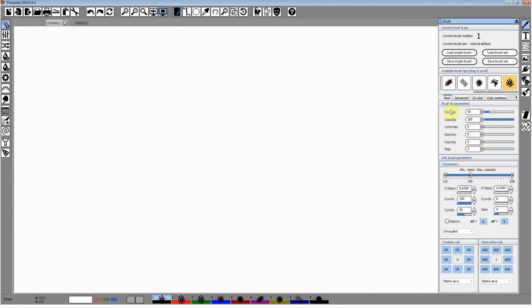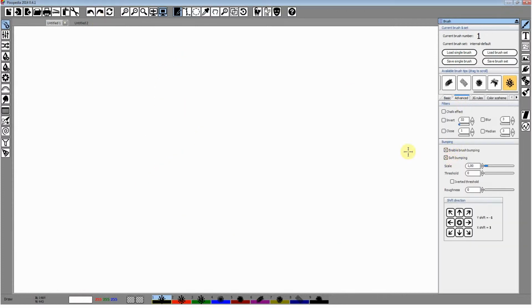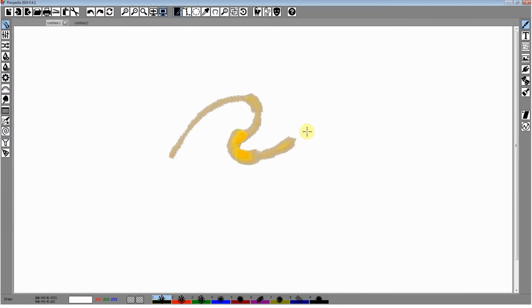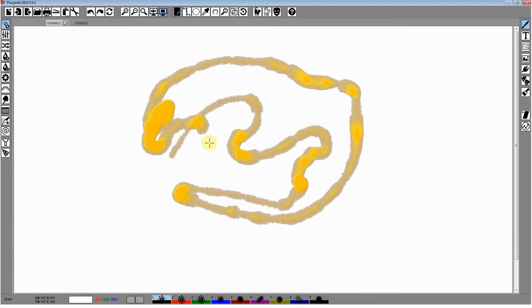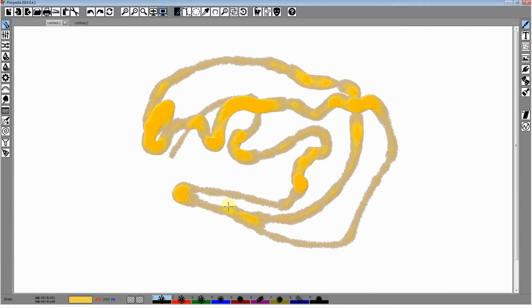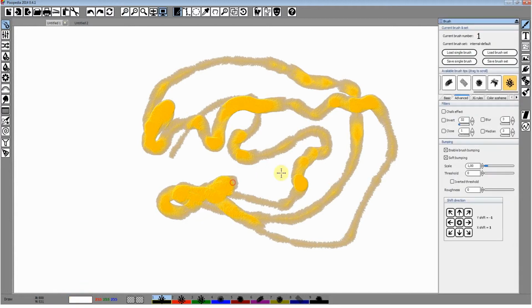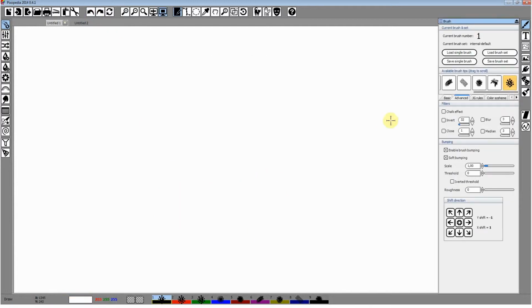Okay, now we will use the type of stroke that depends on those settings. I will not go through it, you have it in my article. So here we go.